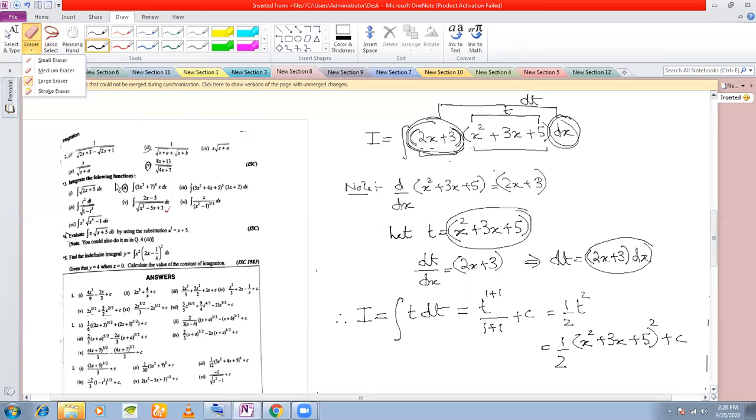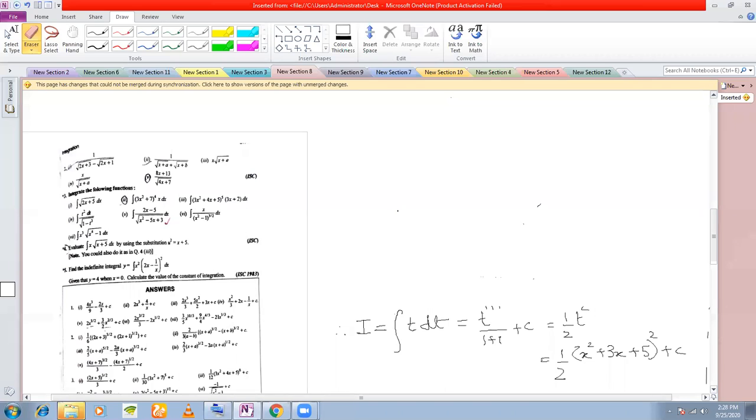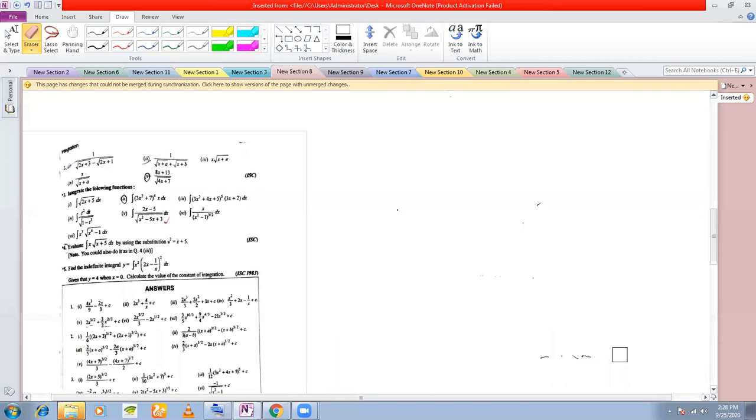We'll apply this technique to take an example from here. Look at 3 part 2 of the textbook. This is a similar problem, not exactly same, but a similar one. So we have 3 part 2. Let I is equal to integral 3x square plus 7 to the power of 4, and you have x.